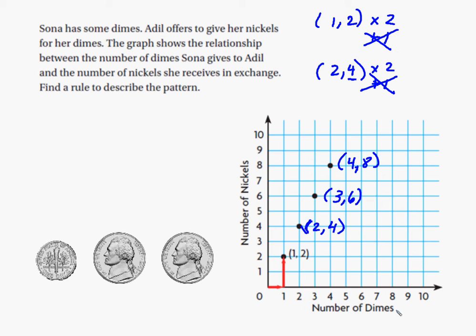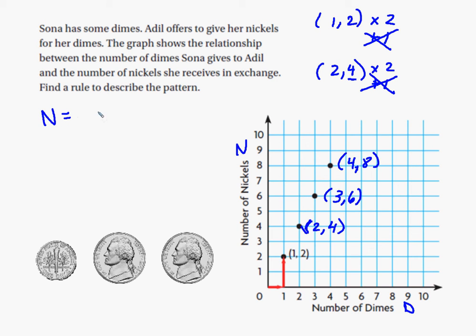Now, if they gave you a letter to represent these amounts on the different axes, you would use that letter. But let's say they didn't give it to you. So I'm going to call this D for dimes, N for nickels. Now, traditionally, the way people tend to write equations, although you don't have to write it this way, is to write the y-axis first. So n equals